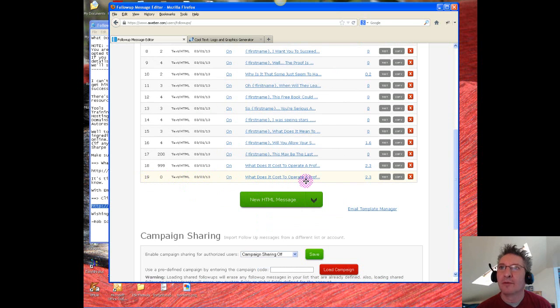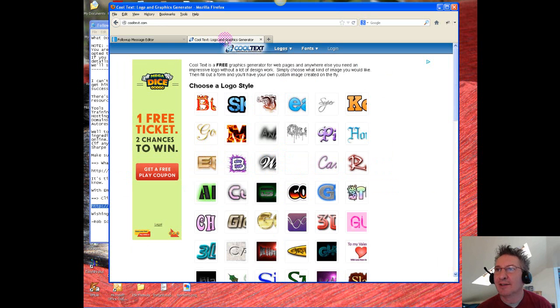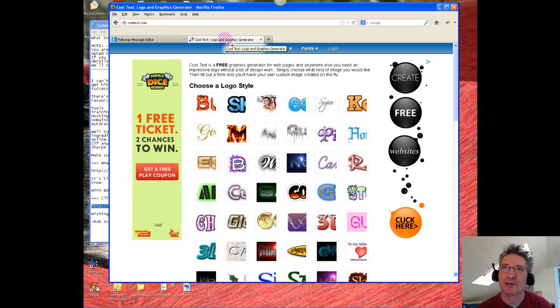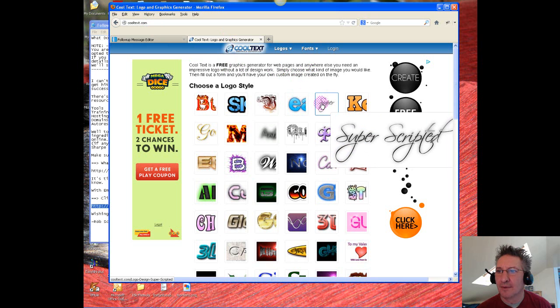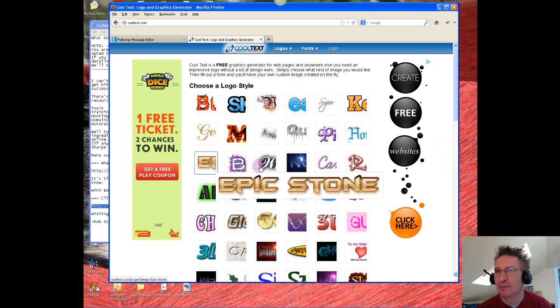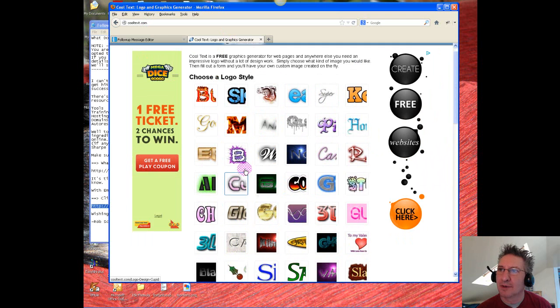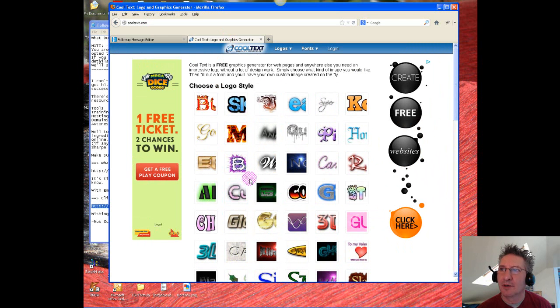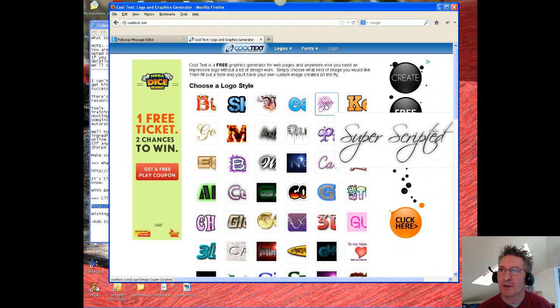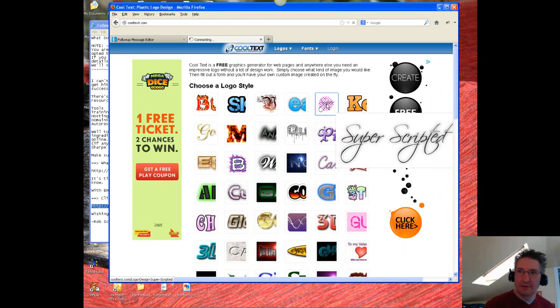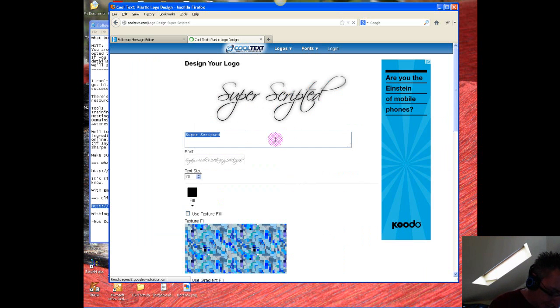And there it is. Now, if you're wondering how to create that little text thing, a little graphic, it's easy enough to do. You just go to this cooltext.com site, and there's all these logo styles you can choose. There's tons of them. I don't know why anybody would want most of them, but this one's pretty neat. This is Super Scripted. Just click on that box and put in whatever you want. If you want to put your name in there,